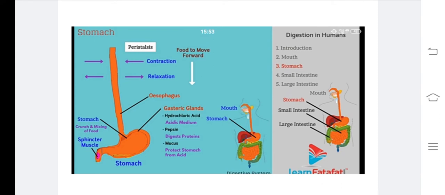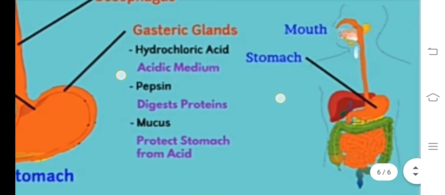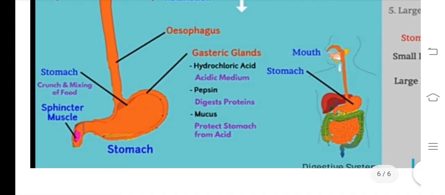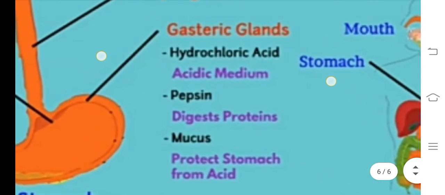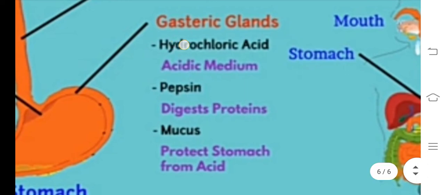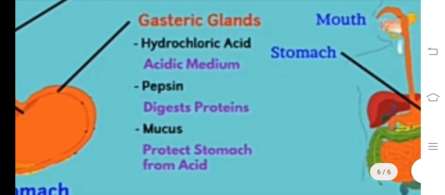The food is digested in the stomach by gastric juices. They are produced in the inner wall of the stomach. See here, observe the picture of the stomach. There are two layers, children, outer layer and inner layer. The inner layer of the stomach produces gastric juice. The gastric juice consists of HCl, hydrochloric acid,